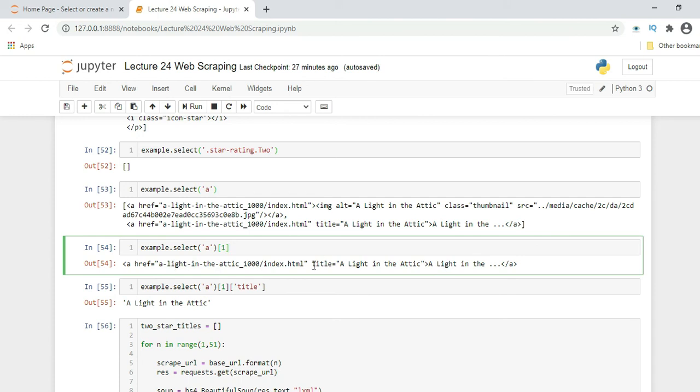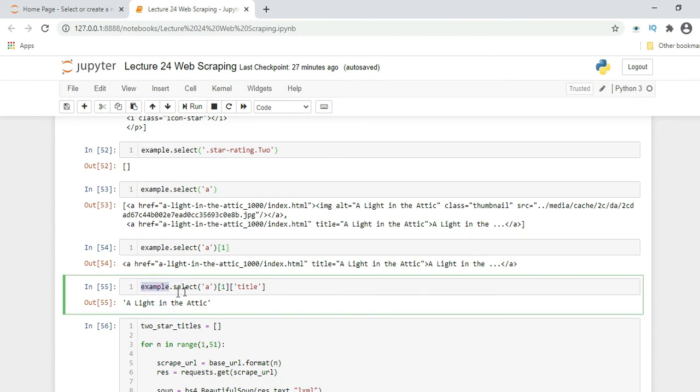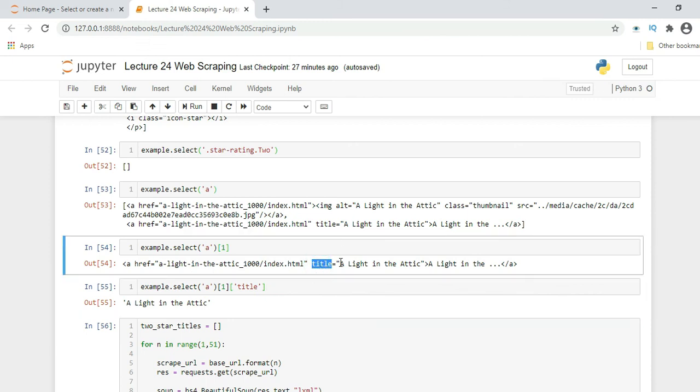Example.select("a")[1], means the position would be second, since it starts with 0. Inside that you have to mention the attribute, so this is the title. You will see the output, A Light in the Attic.